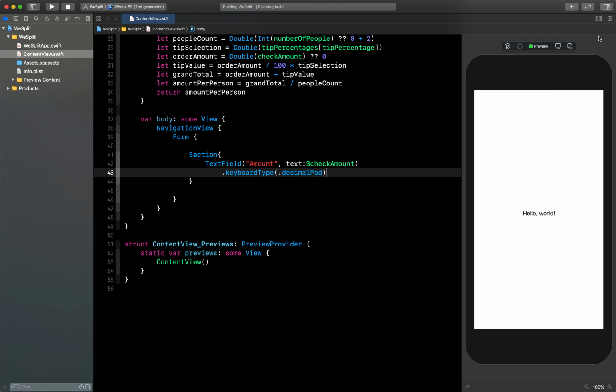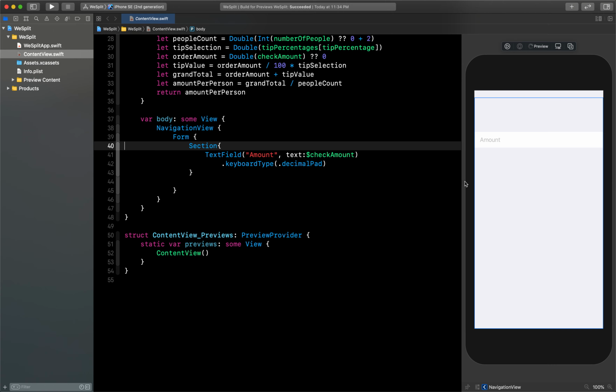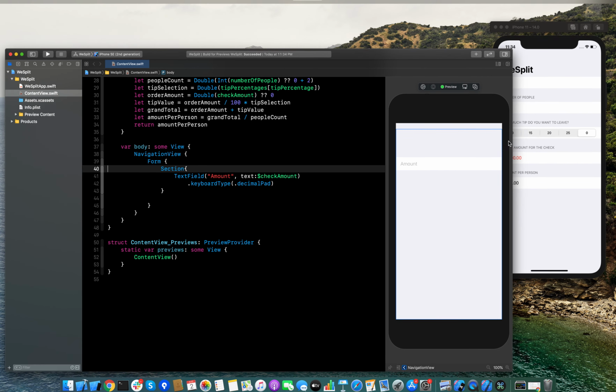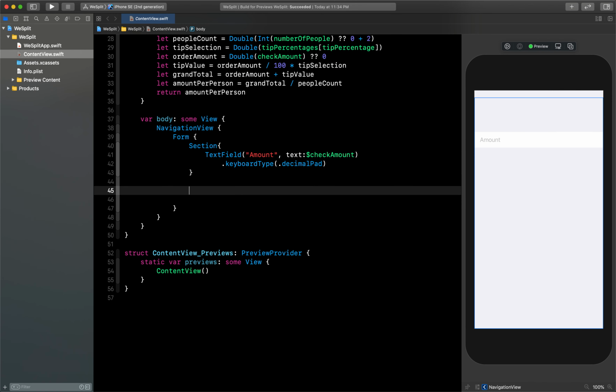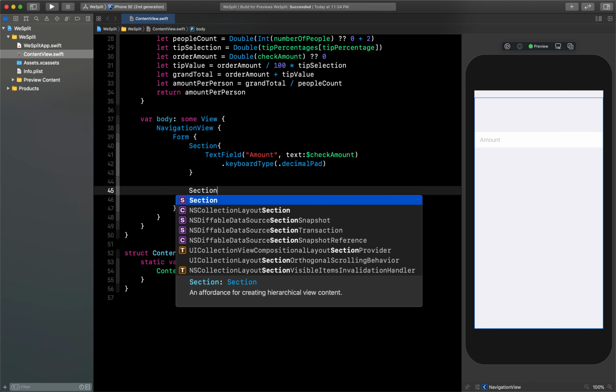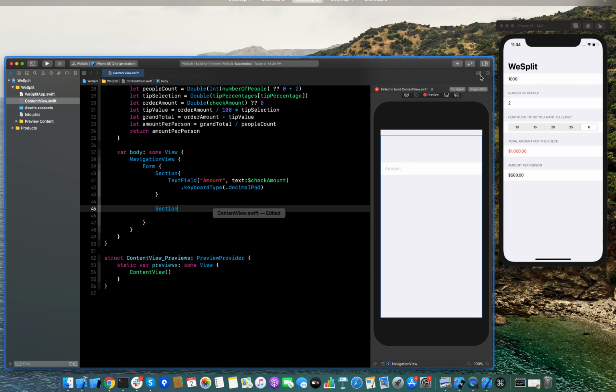Let me just click resume here so you can see what is happening. Let's remove the extra spacing. Okay, so now you can see it is showing us the first part, which is this amount. Now I can create the second section, and this section will also take one header. You can see here it has this header which is number of people. So let's do that,